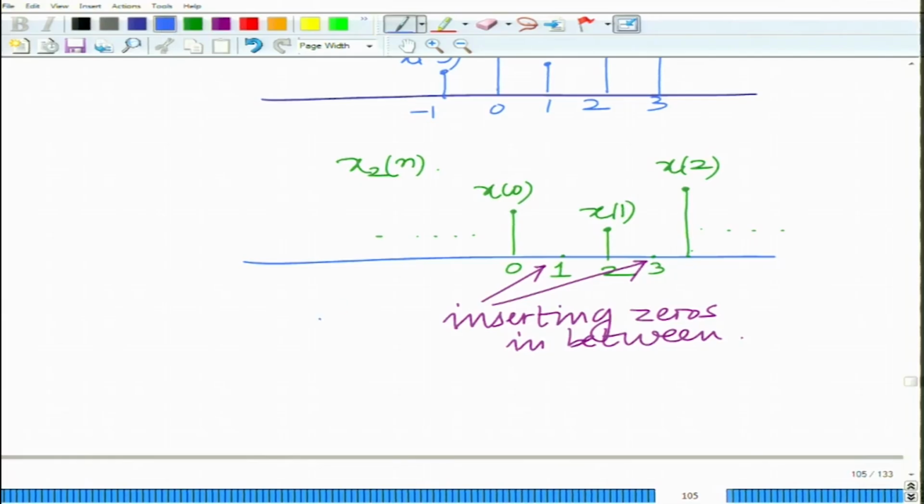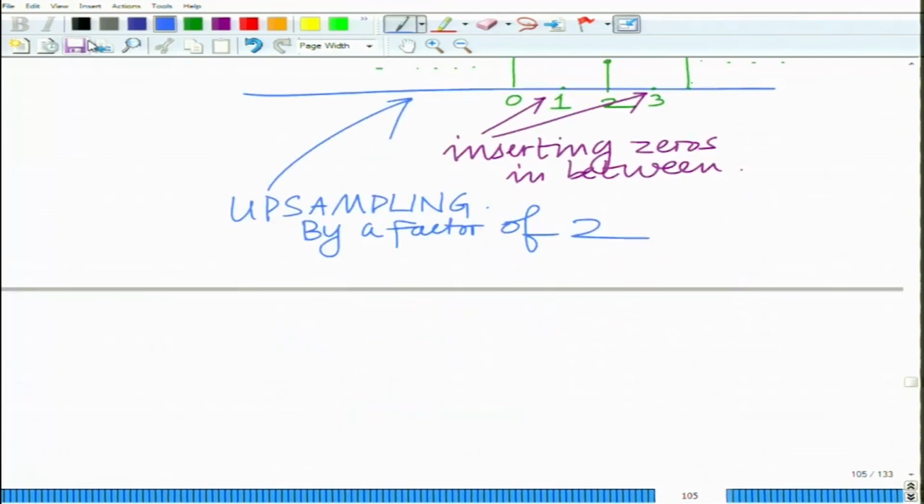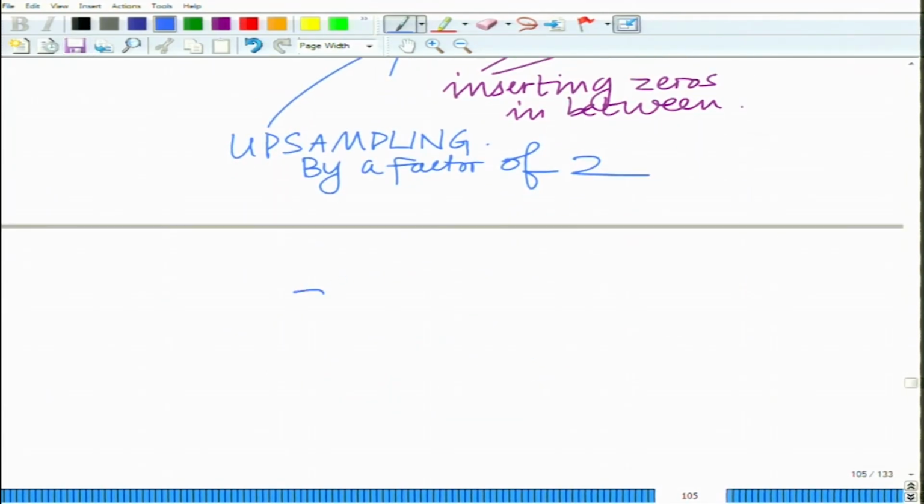This is known as upsampling. In fact, this is known as upsampling by a factor of 2. So, this operation is basically termed as upsampling. Okay. Now, when you upsample a signal,